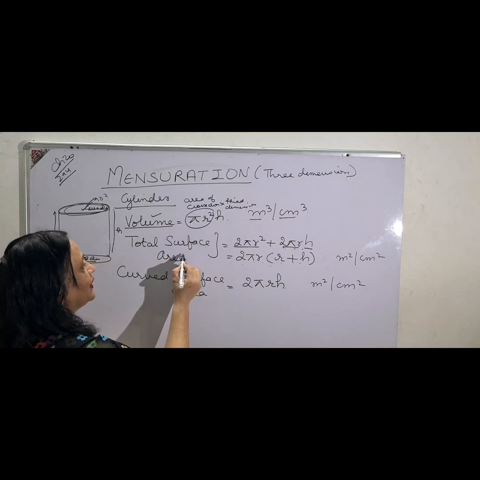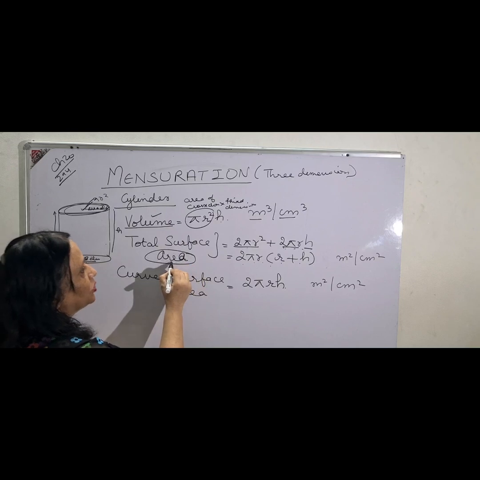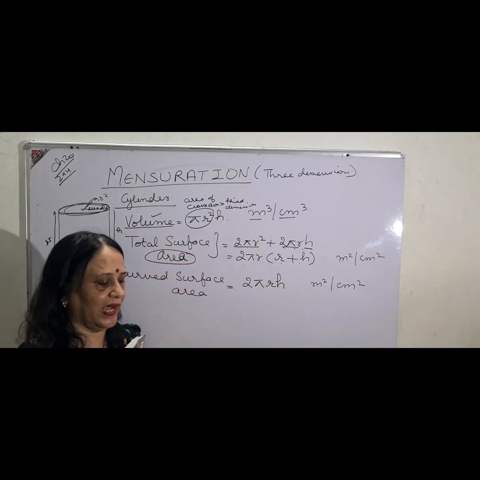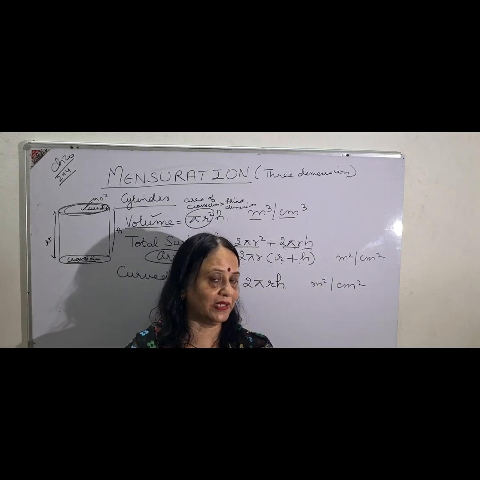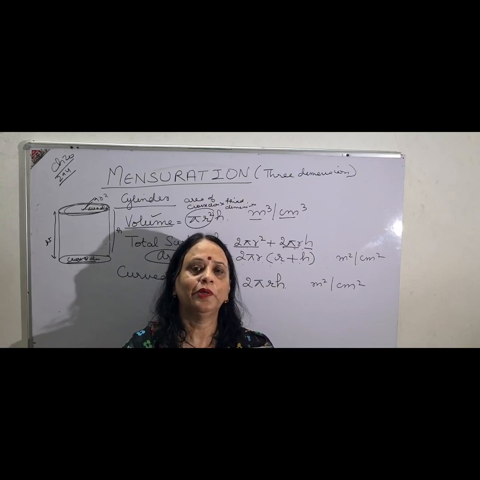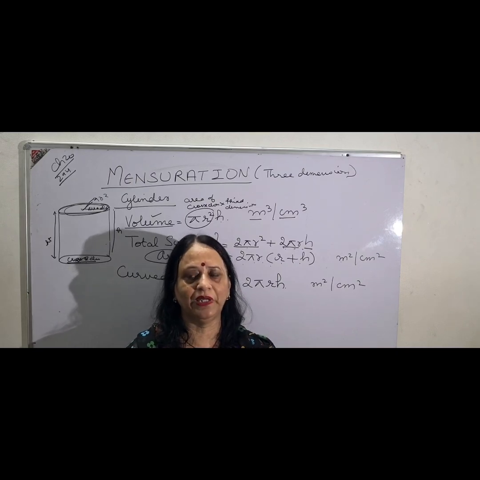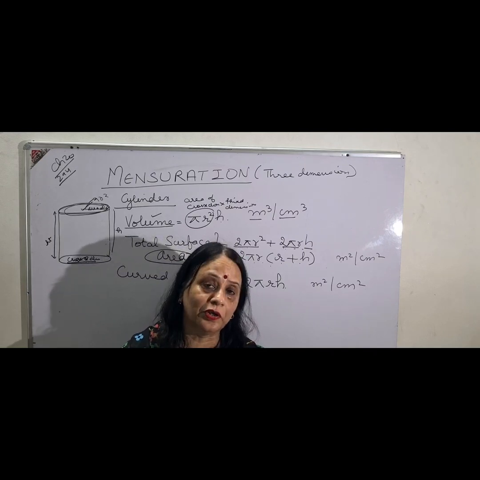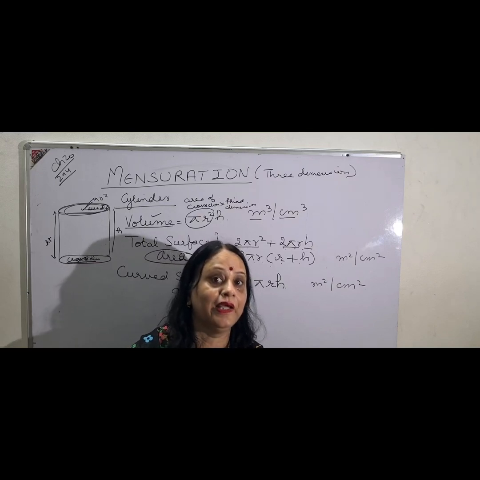And children, it is very clear since this is an area, so you have to mention the units as meter square and centimeter square, because area is two dimensional, it has only length and breadth. Though we are taking the height also, since totally we are mentioning it as area, the unit will be meter square or centimeter square. And I've already told you that units as well as formulas are very important.